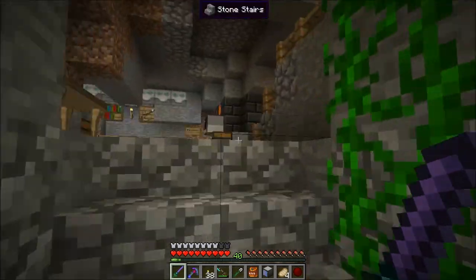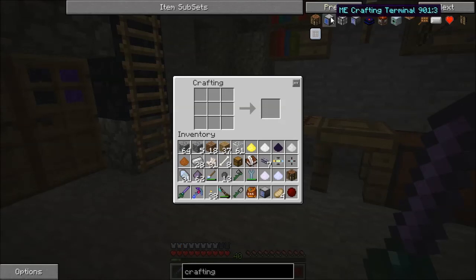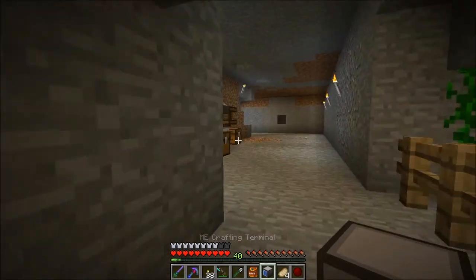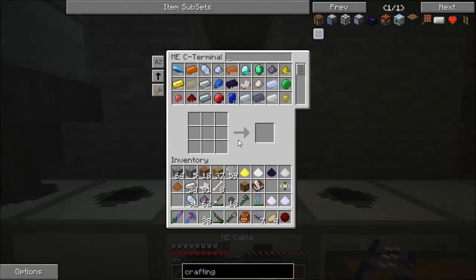What the crafting table will allow me to do is have a crafting table and an ME access terminal in the same block. Yoink. So let's take a look at it, shall we? Now I hope this is the version. Just plop that down there. Yes, okay. So now if I drop all of this stuff into my inventory,